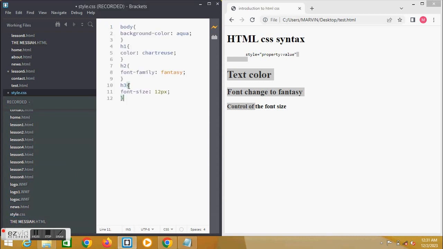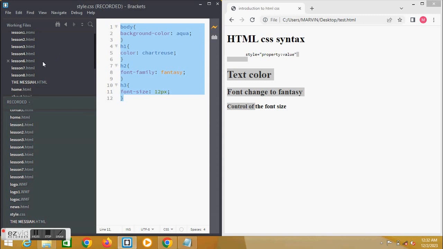Style.css. So this is the code. Now when I save this and also come back to